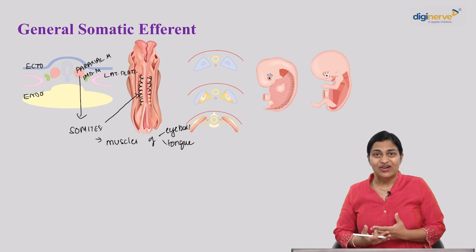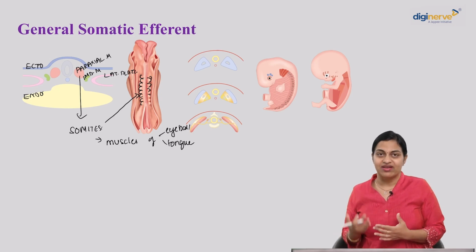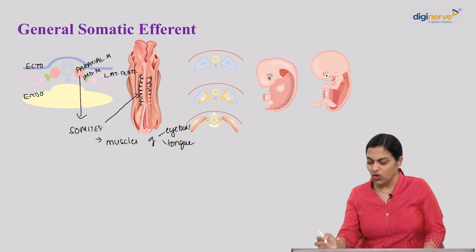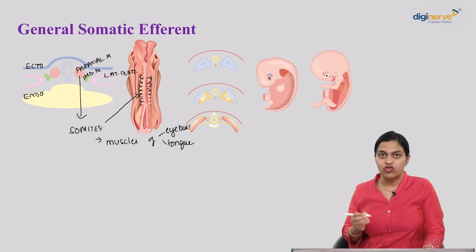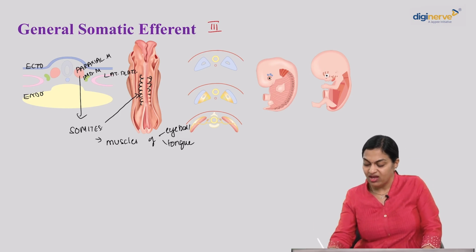The cranial nerves which are going to supply the muscles of the head and neck derived from the somites come under this column. Okay, so under general somatic efferent, we have the 3rd nerve innervating the muscles of